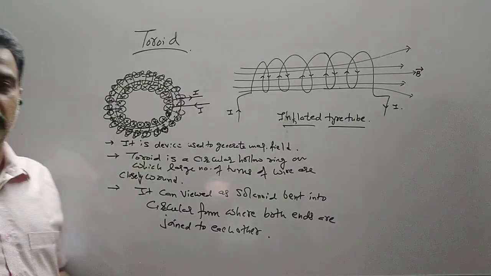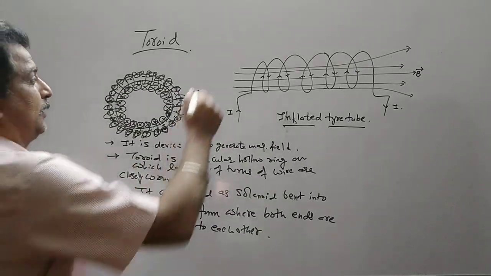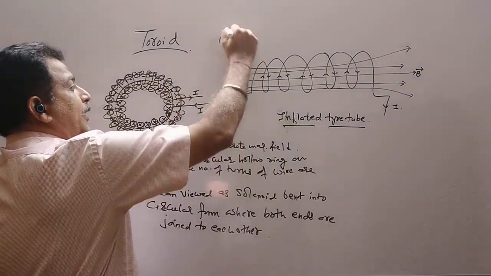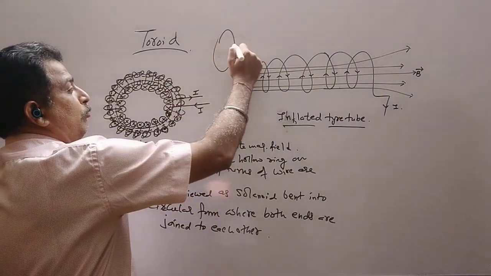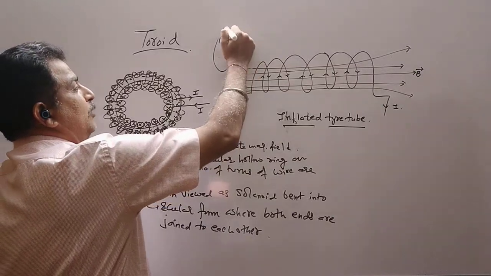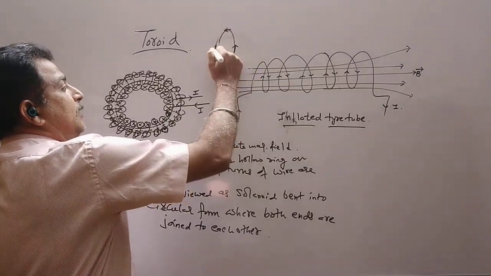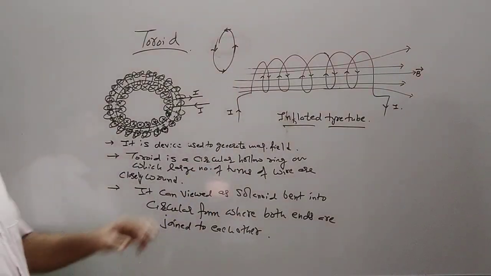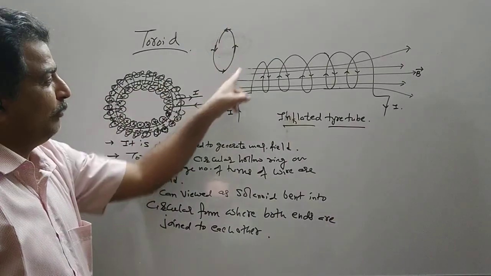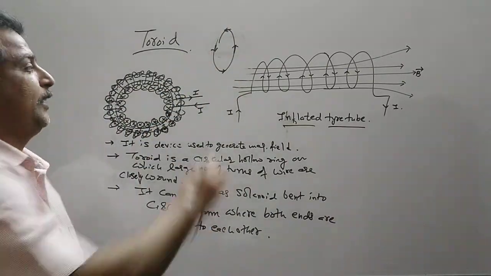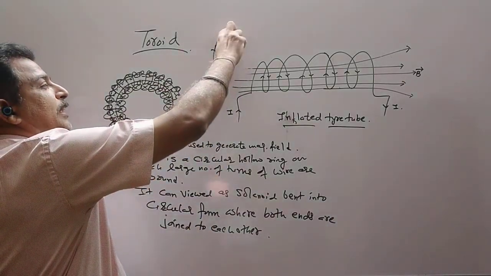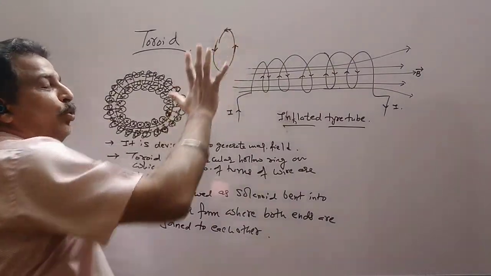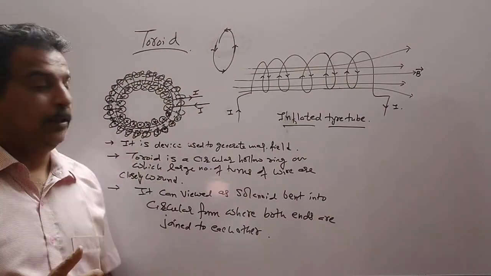Because it is circular, to understand the magnetic field intensity due to a circular ring, we divide this wire into different elements. So at a time we can consider the wire to be divided into dl elements. There are a number of current elements. We take two diametrically opposite elements, and in order to understand the direction, we divide this circular loop into four different parts.